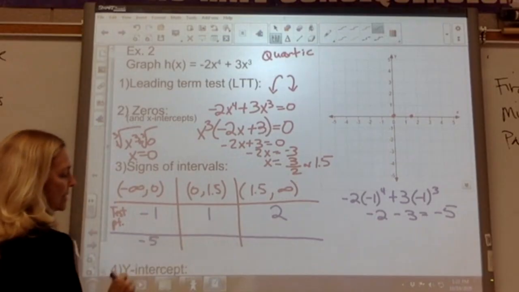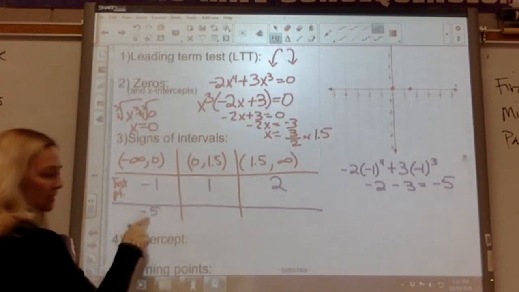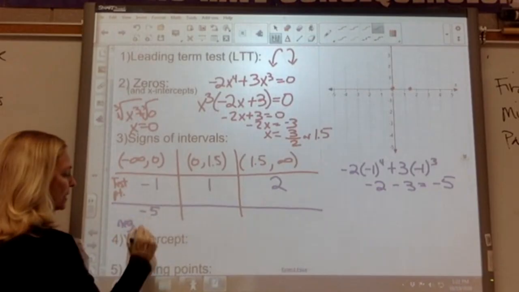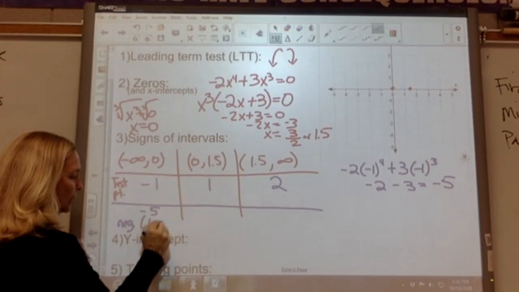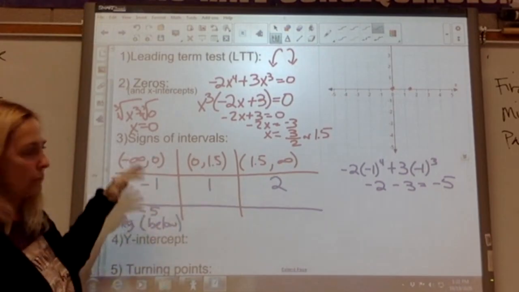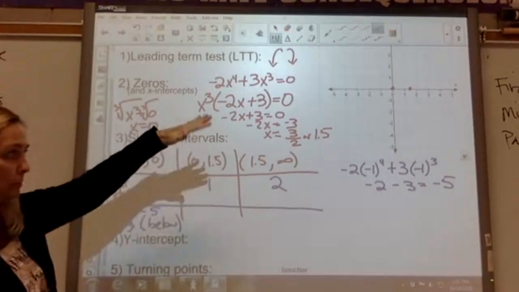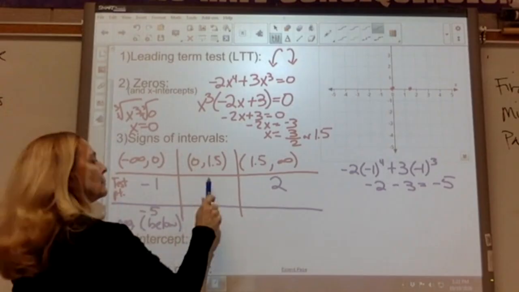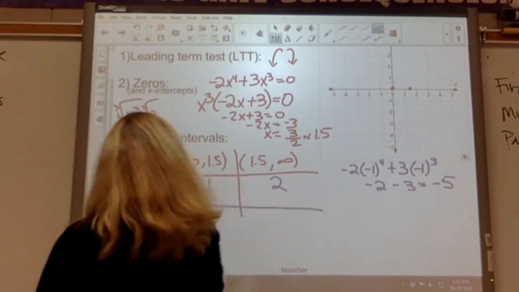All right, now, all I need to know is that this is a negative number. So that tells me the graph is going to be below the x-axis. So all the values in this interval from negative infinity to 0 are going to be below the x-axis. Okay? Now, when I plug in positive 1 up here,